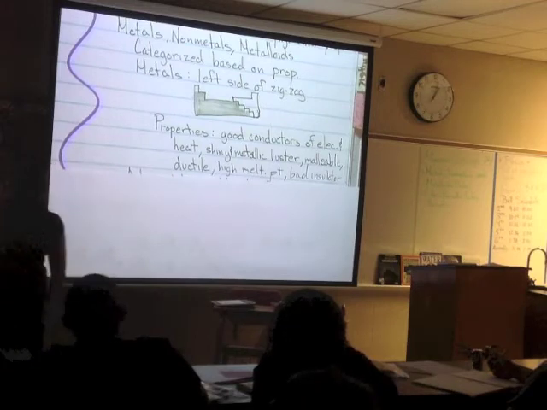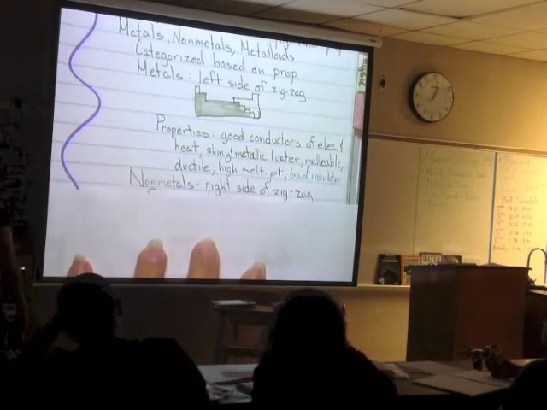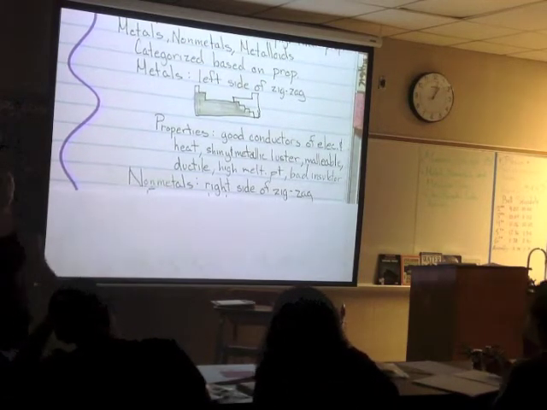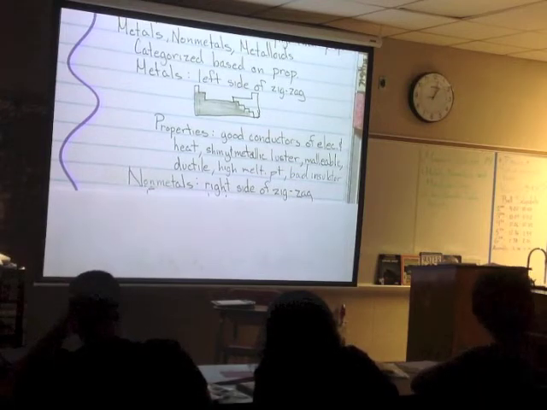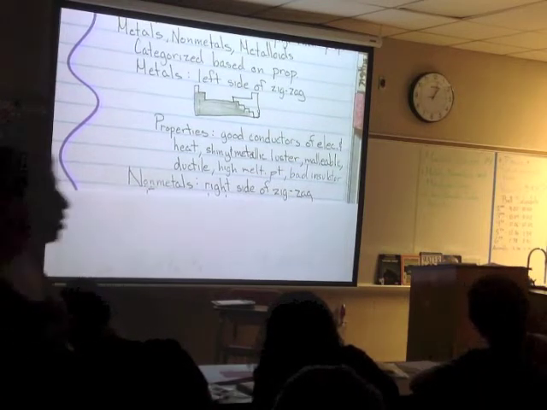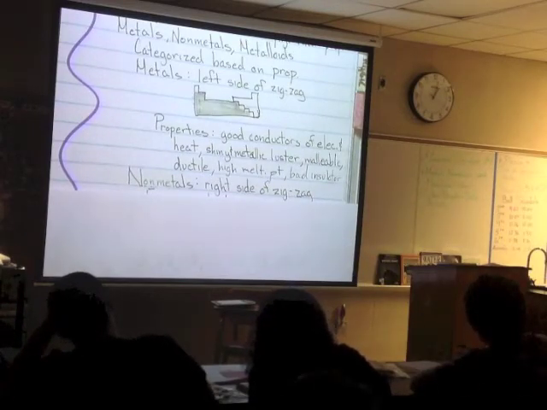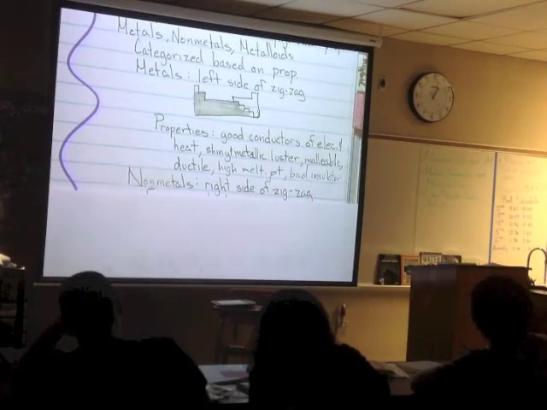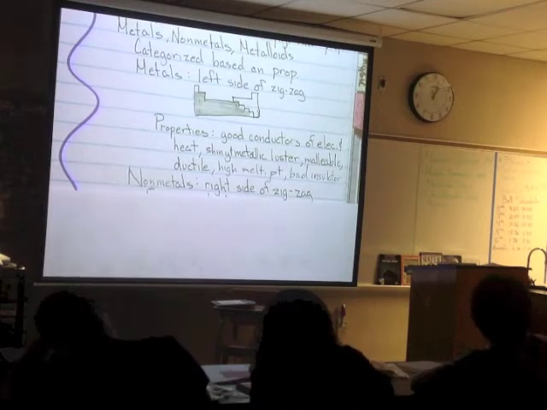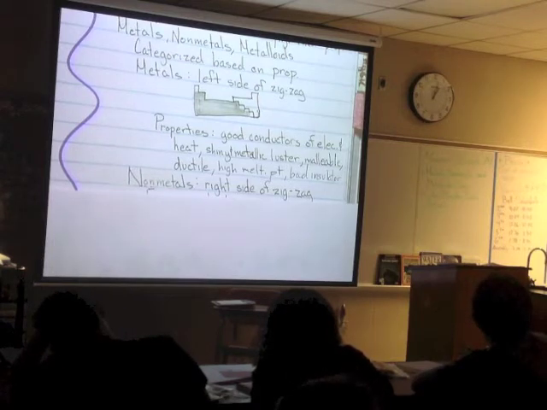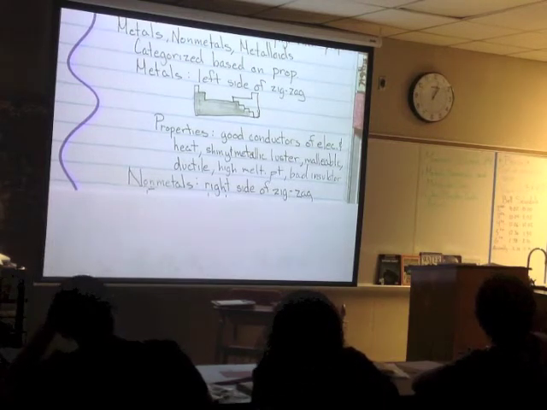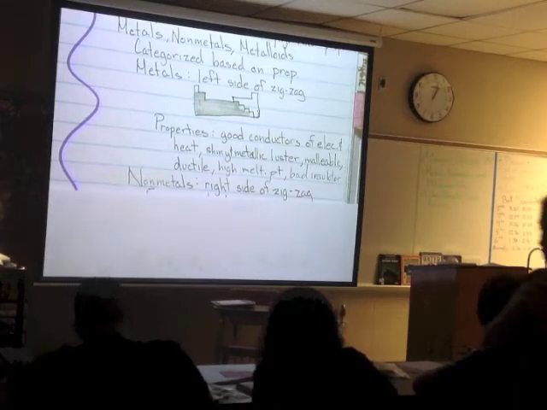Then, on the other side of the periodic table, we have nonmetals. So nonmetals are on the right side of that zigzag line. Now, if you colored the same color as the book, those were yellow. Okay? What can we tell by the amounts? Do we have more metals or do we have more nonmetals? Metals. We have more metals. So most of our elements are metals, but we do have several nonmetals, and those are on the right side